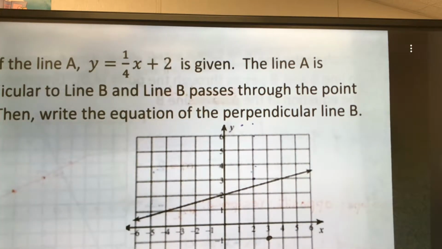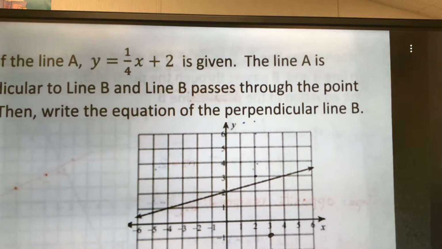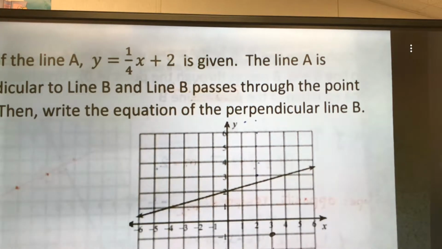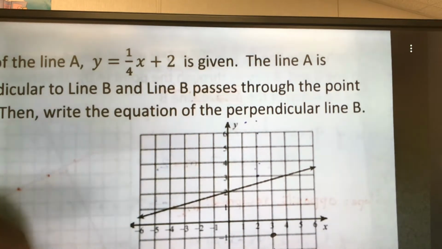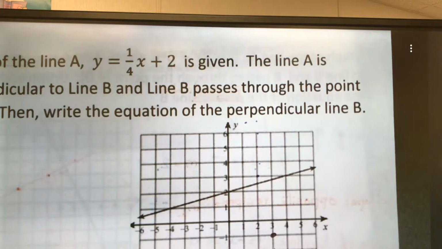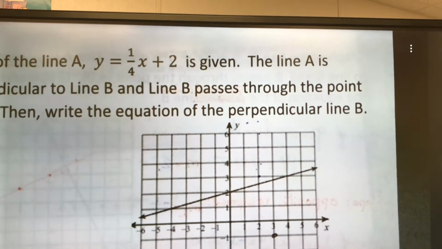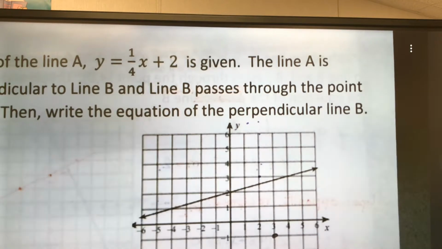So let us find out the b, the y-intercept. I have the point 3, negative 1. I have x and y. So y, negative 1, is equal to negative 4x plus b. My x is 3. I get negative 1 is equal to negative 12 plus b. To solve for b,